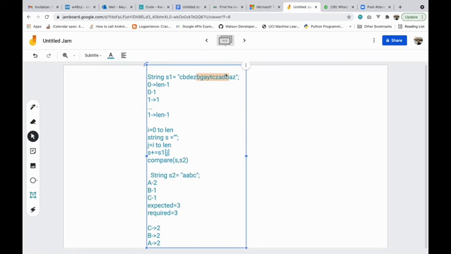Then I will check whether I can decrement my answer or not. So yes, I can remove this B, I can remove this G, and now my answer becomes this here till this point. It has 2 A, it has 1 C, it has 1 B. And then similarly, I will follow the similar approach.